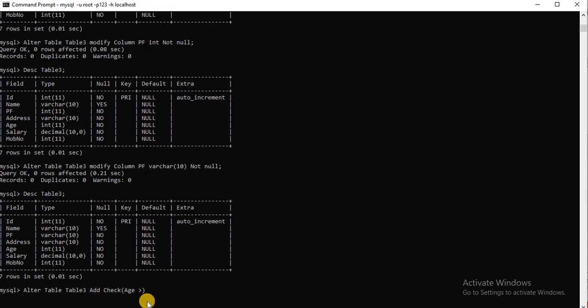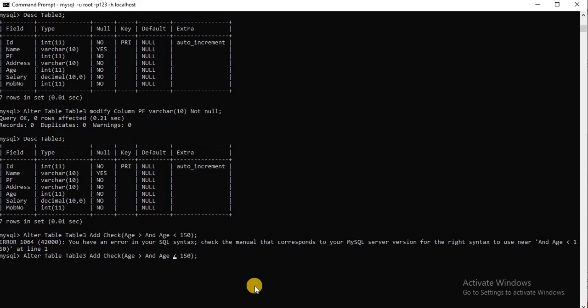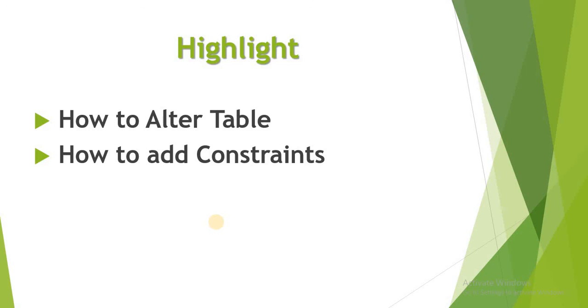The age column should be greater than 0 and age should be less than 150. Now age has its check constraint also.